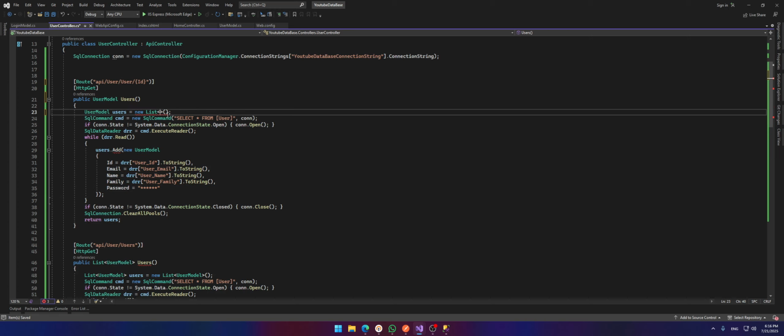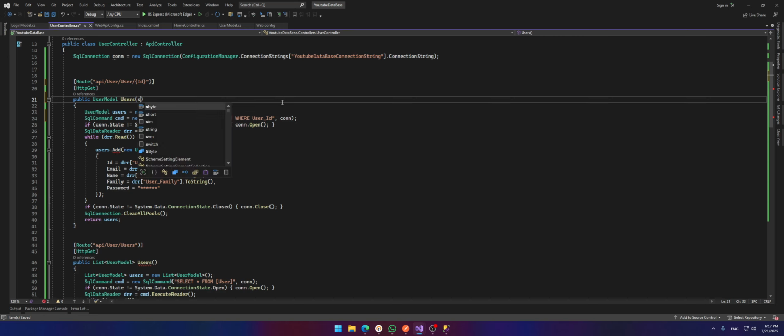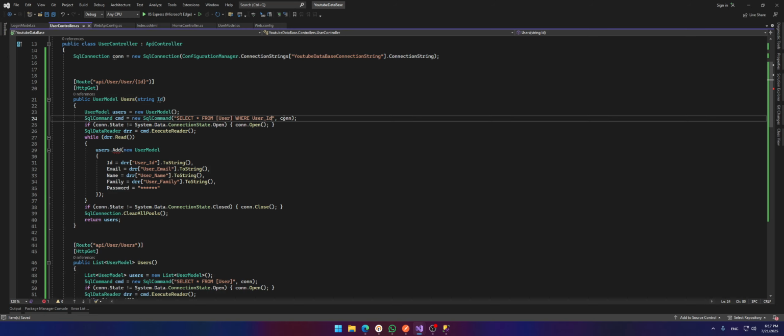No need to list new user, and here user underline ID. It's string of ID. We can put int, it doesn't matter. So if dr.read